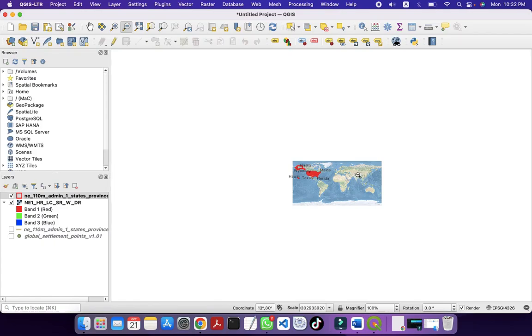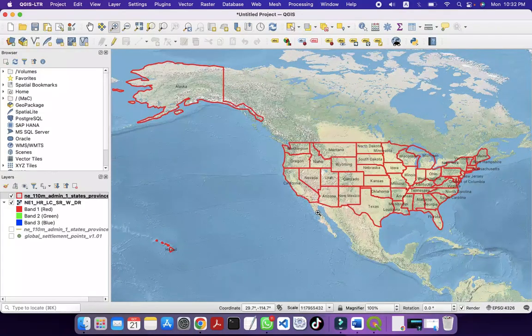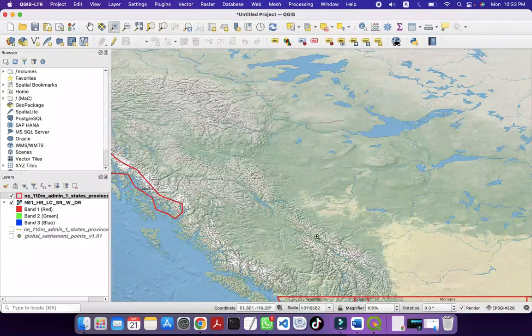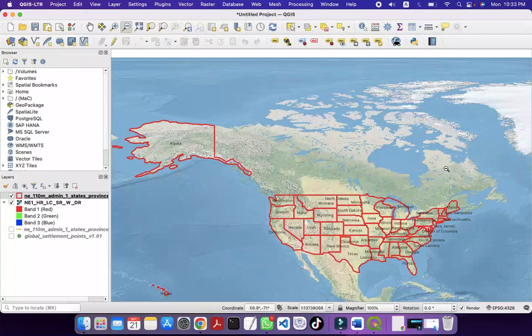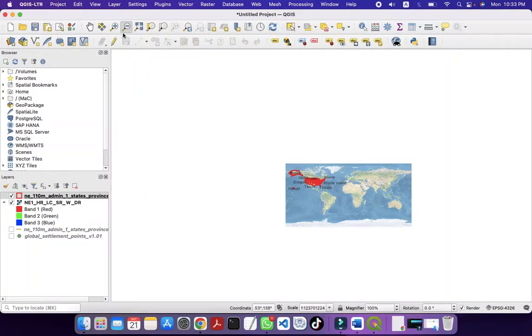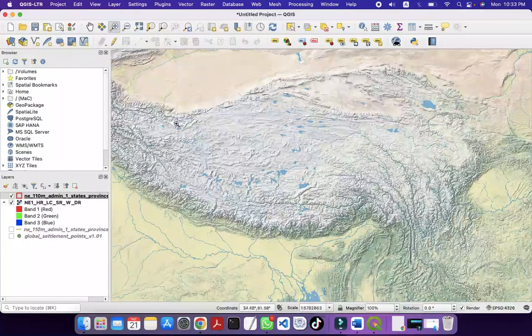Okay, now the background image is called raster data, and the red line shows vector data. I hope you guys understand. If there is any confusion, do a comment and ask questions. So all this area is hilly area and watery area. It's just for our training. I think there are no settlements or